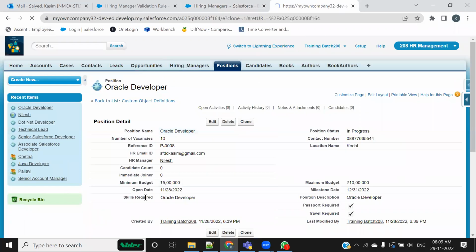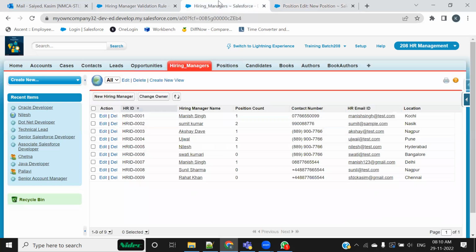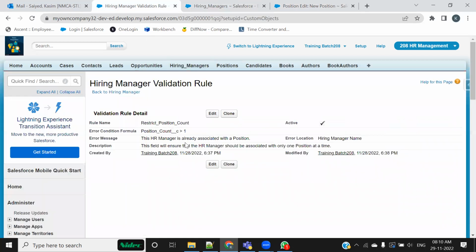Let me now clone this and let me try to give some another position to him. ठीक है? For example, maybe a sales representative. And now if I try to give this to Nilesh, see from this onward, इसके पहले ऐसा नहीं हुआ करता था, लेकिन अब जबकि आपने एक पूरा 1-to-1 एसोसिएशन का मॉड्यूल बना दिया है बैकएंड में, जहां पर एक रोल अप समरी है और वो रोल अप समरी ये पता लगा रहा है कि पर्टिकुलरली किसी हायरिंग मैनेजर के साथ में पोजीशन जो दी गई है उसका काउंट क्या है, और फिर एक वैलिडेशन रूल है